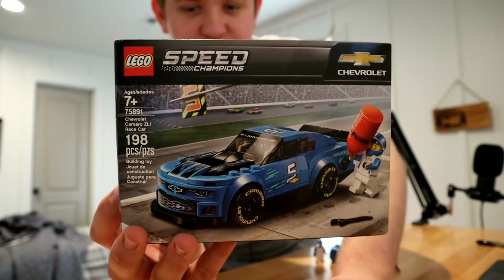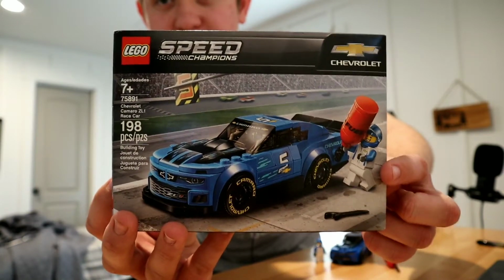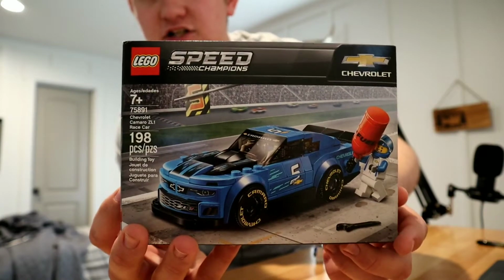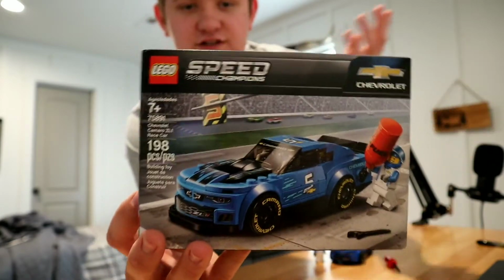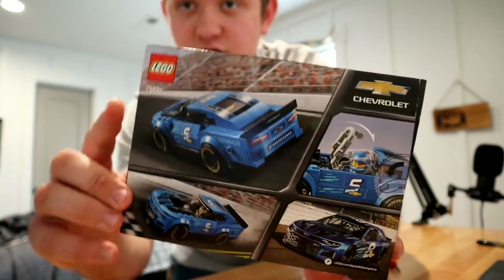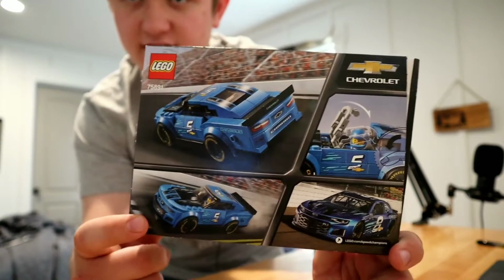I guess that's a spoiler for the actual review. But over here we have the actual minifigure, and there's a little feature right there that we'll go into a little bit deeper in the actual review. And of course, it also comes with a wrench, as you can see on the box. On the back of the box, we have some other stuff. It just shows the car. It shows the real life car, excuse me, the real life car, and the other car